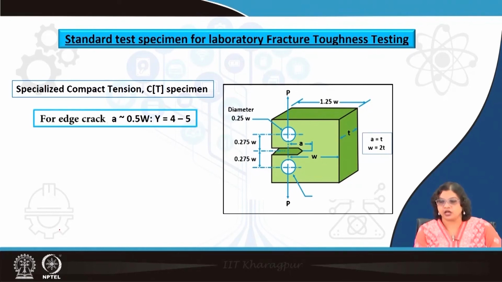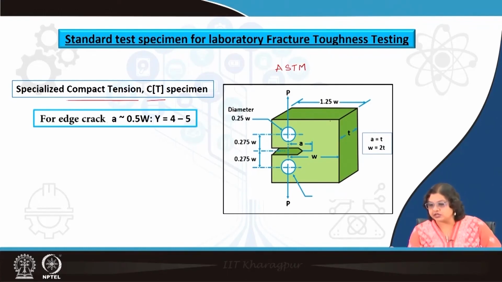for fracture to happen. Now, when we are figuring out the fracture toughness of a material on the lab scale, like when we are testing the material, we need to select the kind of machine that will be used, the kind of specimen that will be used. Okay, so the typical specimen that we use for fracture toughness testing is known as the compact tension specimen or CT specimen. So, this is as per the ASTM standard, American Society for Testing of Materials standard,